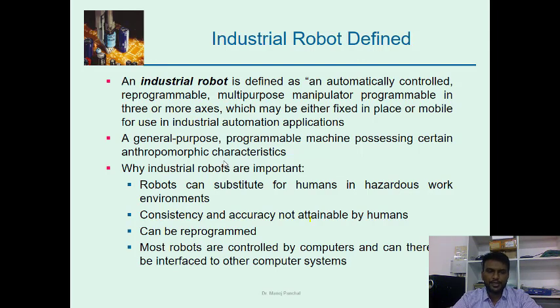The next is why robots are important. The robot was basically invented to replace the human worker when there are health hazards, right? Suppose humans have to work in a nuclear power plant, or where there is a chance of radiation exposure, or in some chemical factory where there is a chance of harm to human health because of the health hazard. So the robot can replace the human wherever there is a health hazard, and it can save lives.